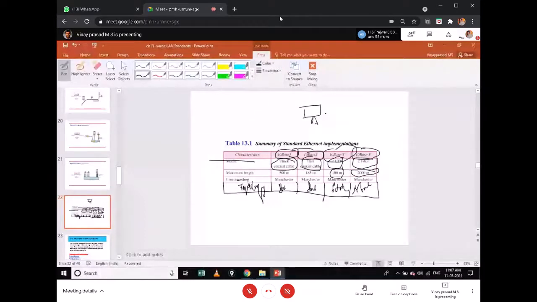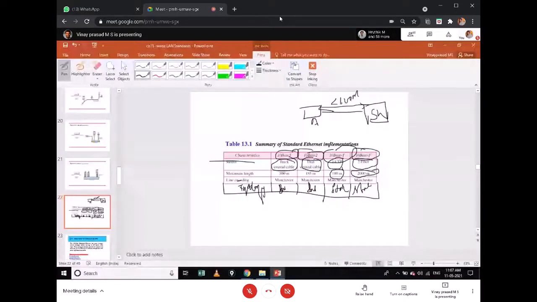Okay, and this will be 100 meters from your host to a switch. Let us say this would be a switch. This distance should not be greater than 100 meters. If it is more than 100 meters, then your signal will not be proper. It means your signal may be attenuated, and there will be a probability of error. If the signal degrades, the receiver will not properly interpret the signals that it receives. Okay, so that is all about your standard Ethernet.